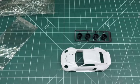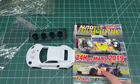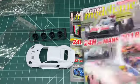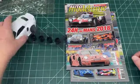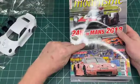Just grabbing a magazine that I thought I'd put to hand, but I'd obviously put it further away than I thought I had. So just on the cover of that, we have that little beauty. And there's the car itself in 2018. So the works cars,